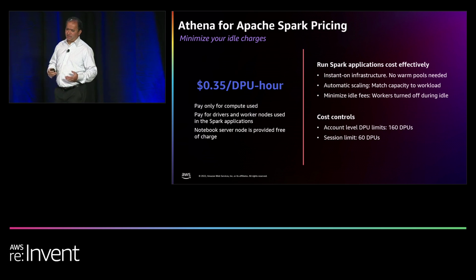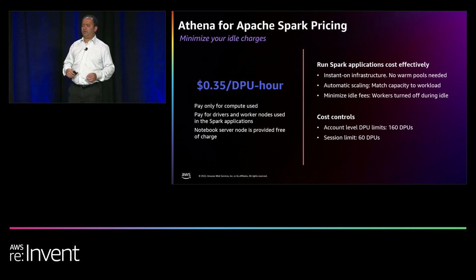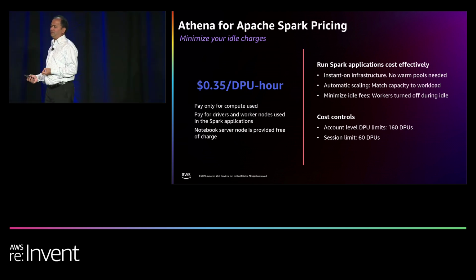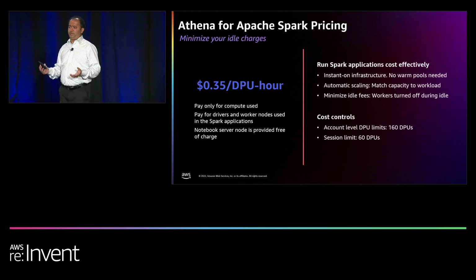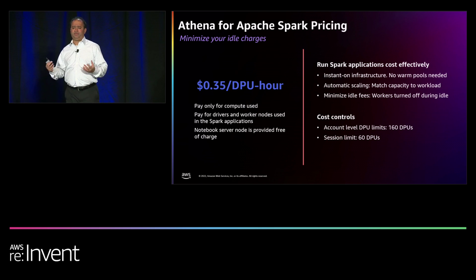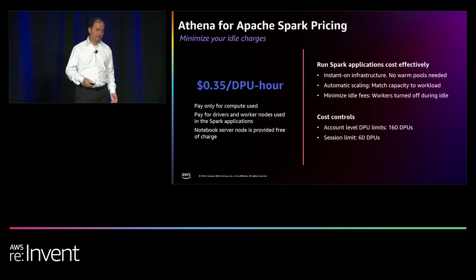Now, if you used other AWS services with Spark, this pricing is going to look very familiar to you. We do recognize that it is different from the pricing that Athena uses for its SQL queries, and we have done this based on feedback that we received from you, our customers. So, what we have heard from you is the compute based pricing matches much more closely with how you craft your Spark workloads. A typical Spark workload has data queries, it has local processing, and it makes much more sense that we would have a compute based pricing when running Spark.